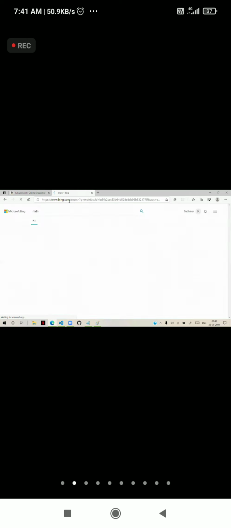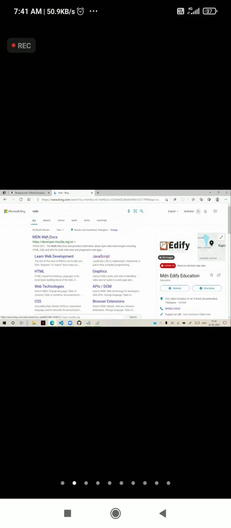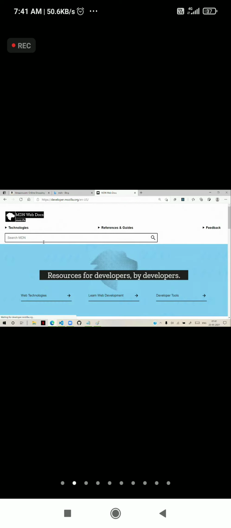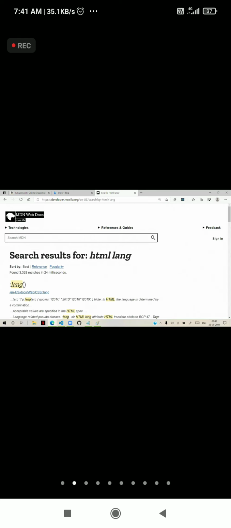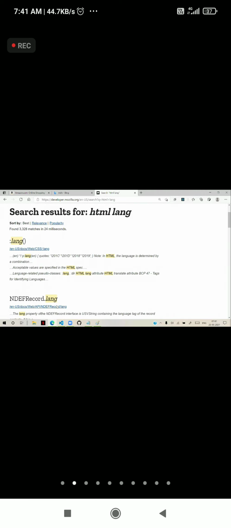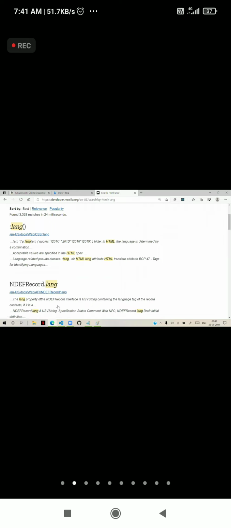MDN is Mozilla Developer Network, developer.mozilla.org. Go to MDN. Here you search for HTML language attribute. It will get you the result for that language and display what the various language options are. It will give you the list of all the languages.